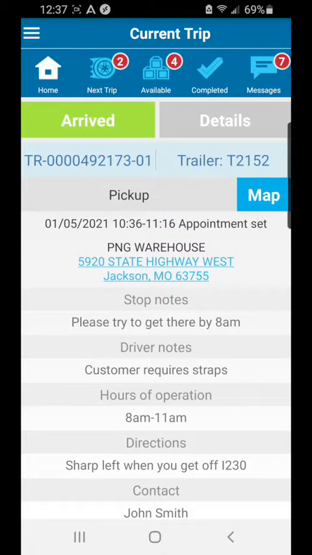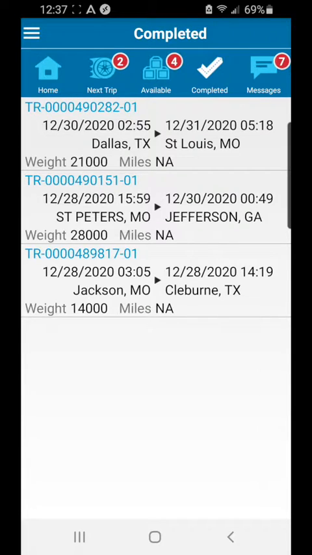You have the home button, you have the next trip button, you have available loads, which you won't have unless you're an owner-operator. You have your completed loads, which you see here. As you complete them, they will populate here. Then you have your messages,